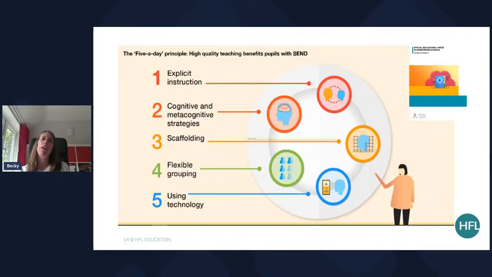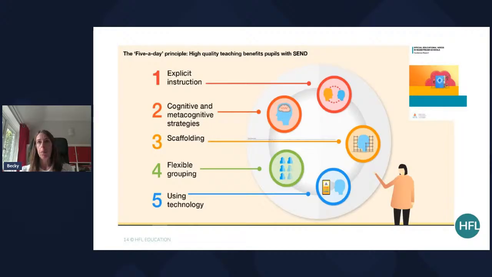This is an area that we focus in on. Again, this is the Education Endowment Foundation, and many of you may be familiar with the 5-a-day principle, the recommended strategies. And within their document that I've pictured there on the right-hand side, they state that pupils with SEND have the greatest need for excellent teaching and are entitled to provision that supports achievement at and enjoyment of school.